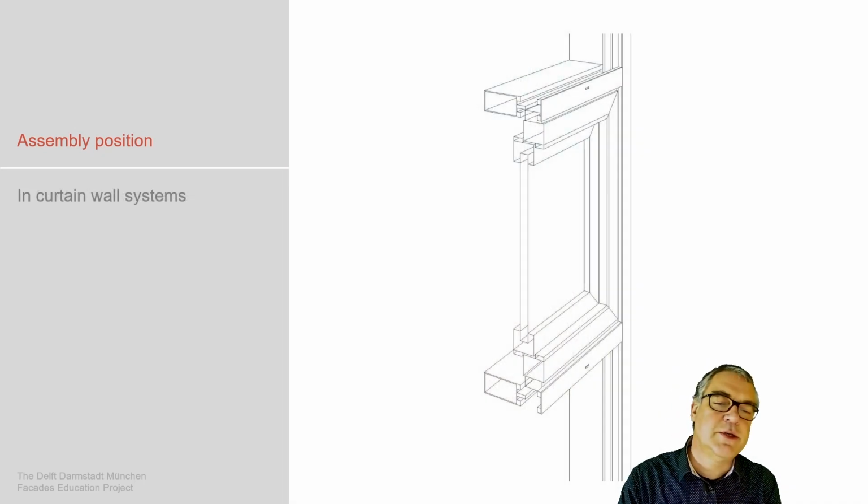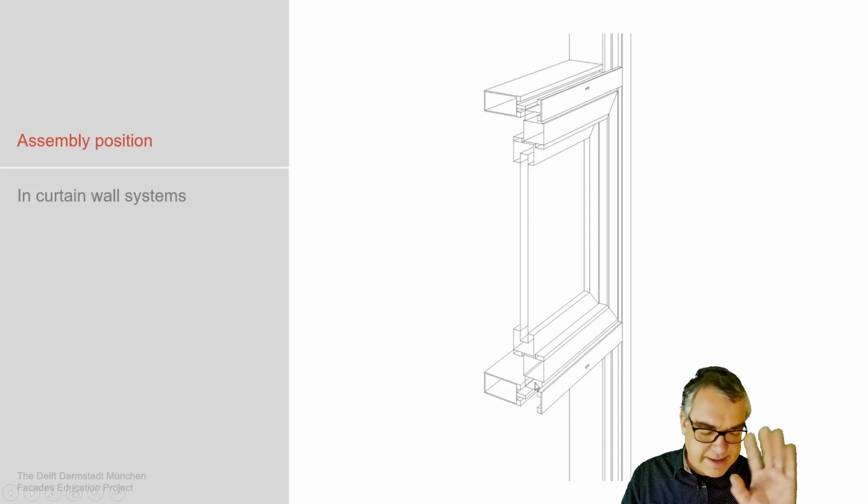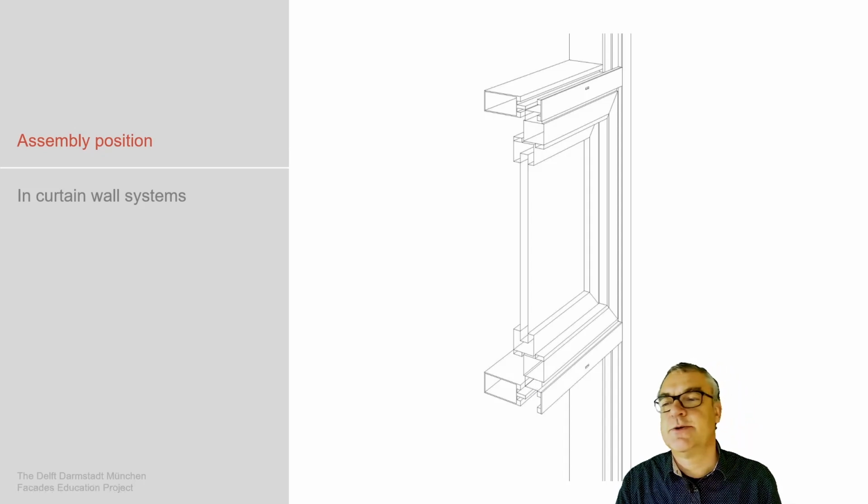Or it is brought into a curtain wall system. So we see a typical curtain wall system and stick system here, and then the window is brought in position, clamped in the same setup as we normally use these clamps for keeping glass in position as a system.